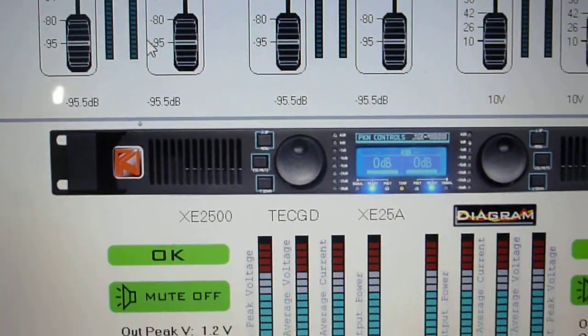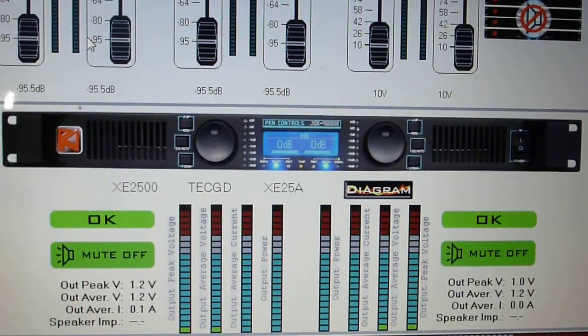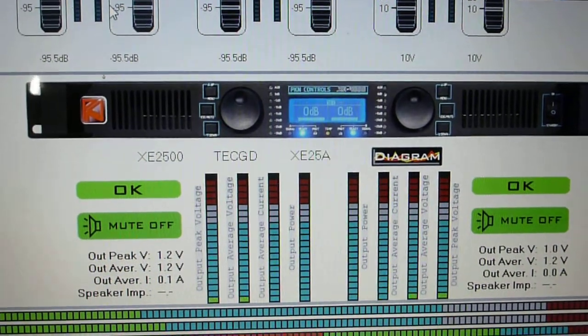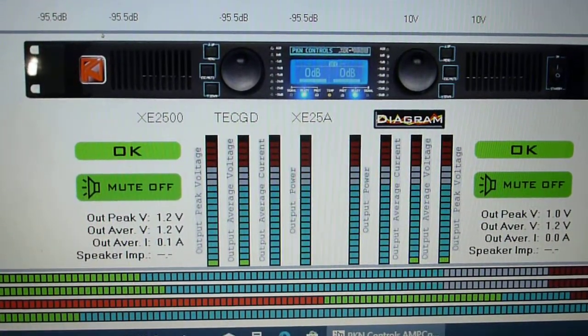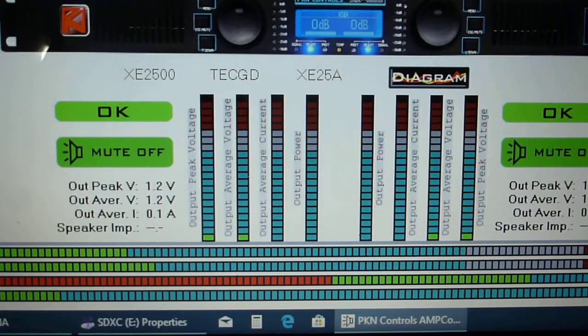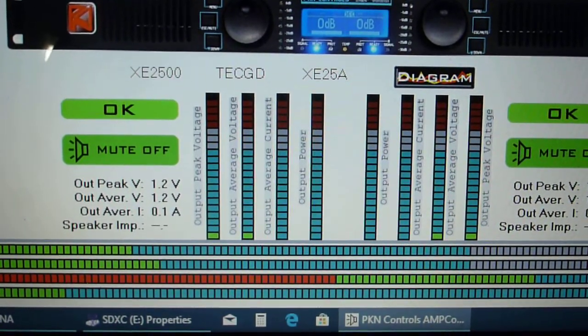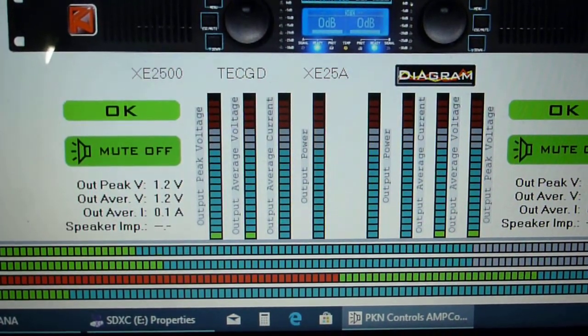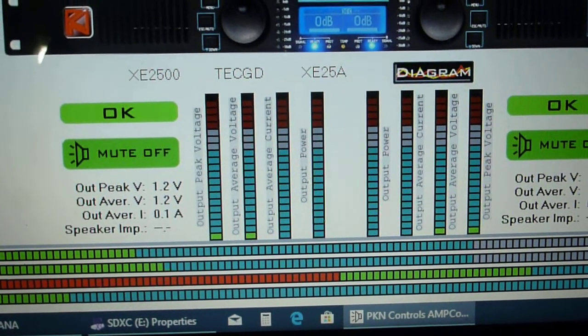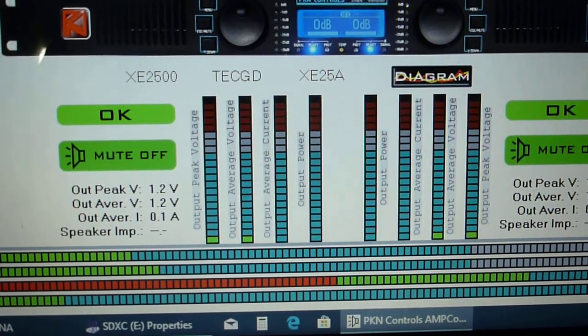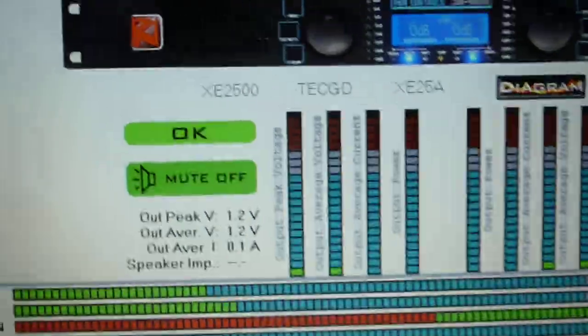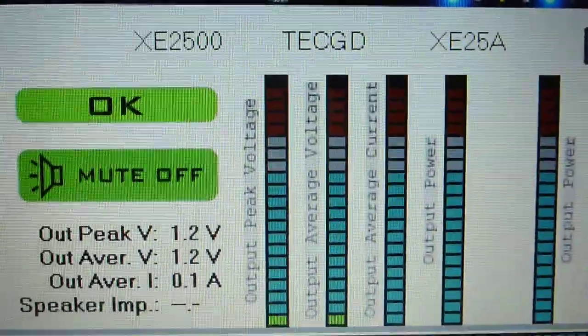In the middle of the amp control software, there is a lovely representation of a PKN XE series amplifier, but below that you will see a series of bar graphs, 2 sets. Each one has 4, and you'll see mute buttons for each channel. So if I move in a bit more closely with the camera, you will see